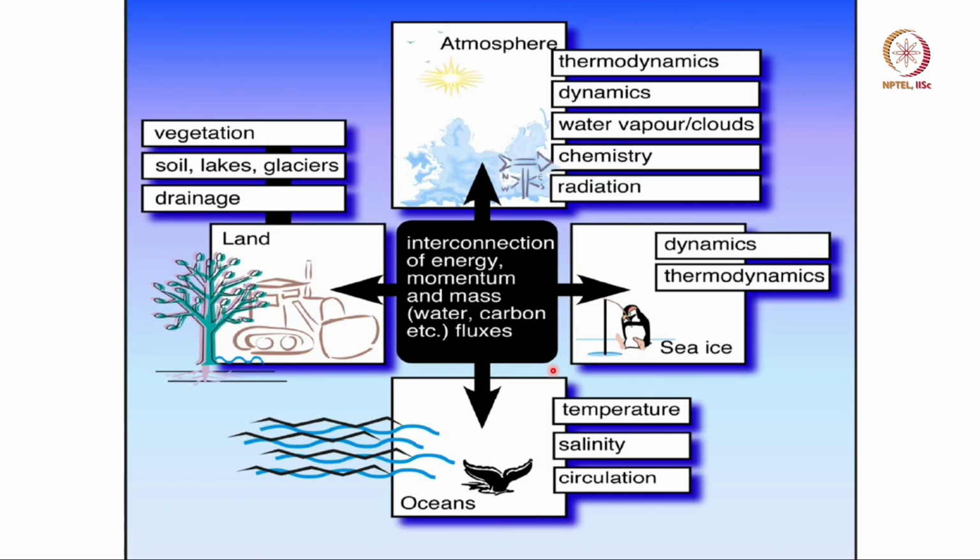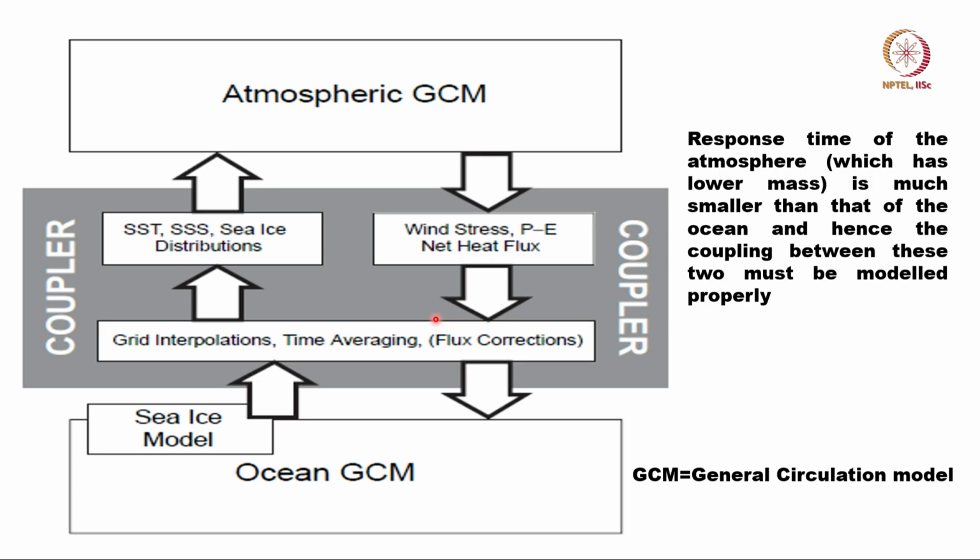Now, you must also understand that although there are individual models for land, atmosphere, thermodynamics, dynamics, ocean, all these have to interact with each other. So you have interfaces between land and sea ice, land and atmosphere, land and ocean. So this coupler, which couples all these different components, is very critical. So that plays a very important role in ensuring that you have a realistic simulation of climate. So this is an example of how the coupler works in a simple case.